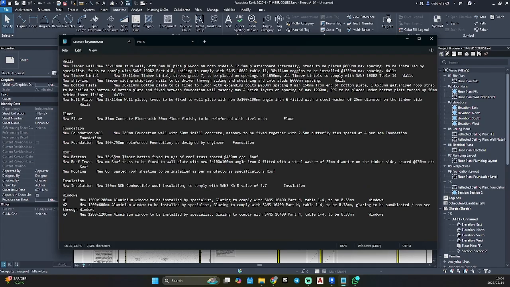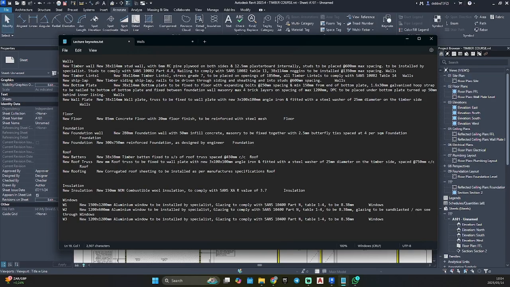So I'm just quickly going to my roof, pattern the roofing, make a new one. Let's go new gutter. Okay, so I'm just gonna use a random size.